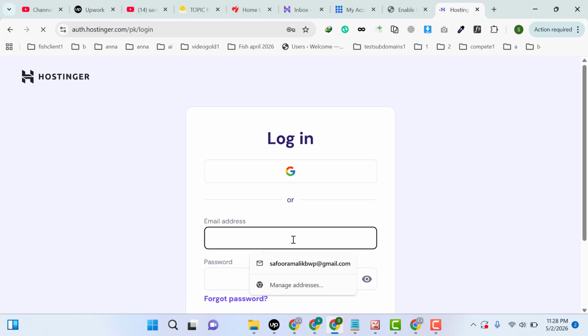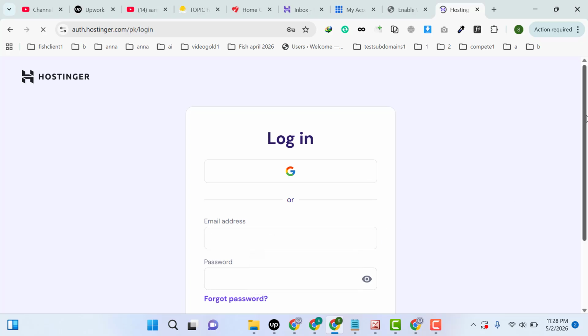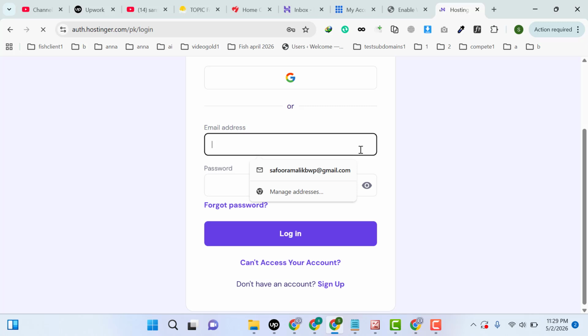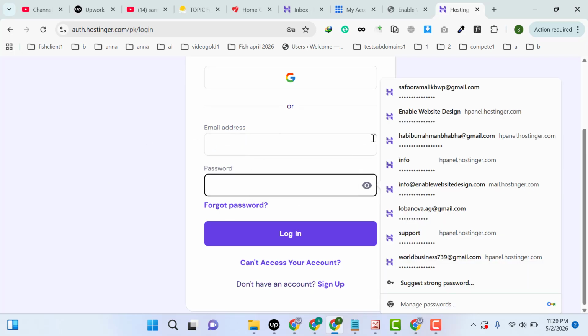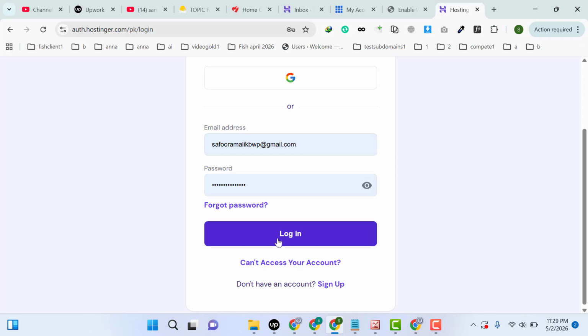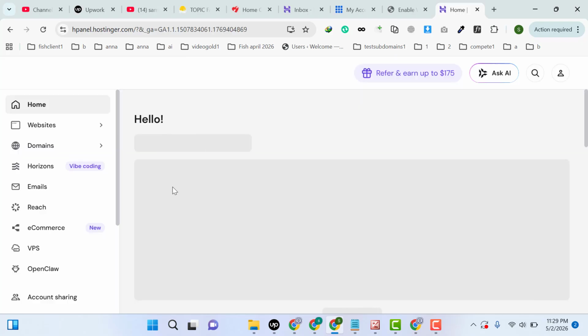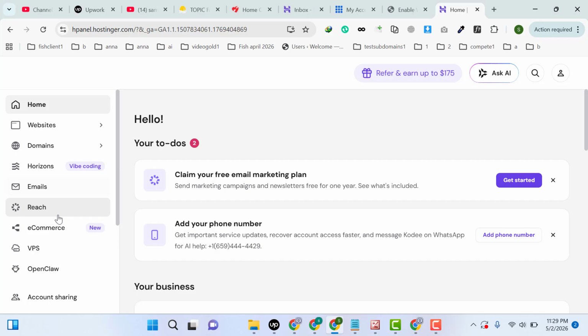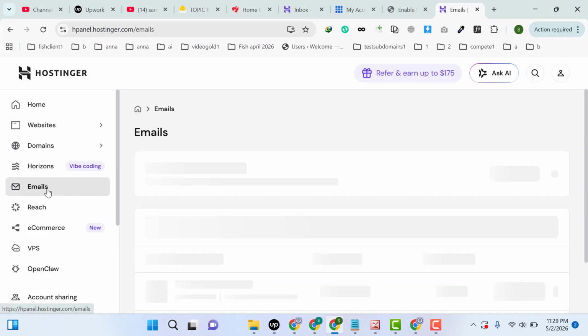After that, to log in you need to add here username and password. You can also use email and password. So let me wait, and for the password this one, then click here login. On the left side here you can see this one, emails. Click here,